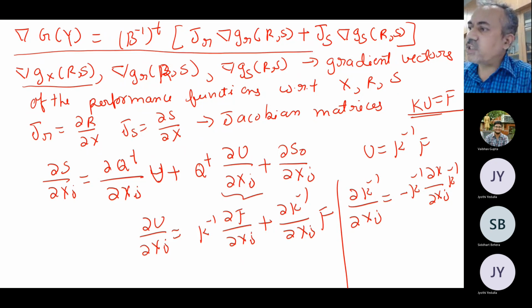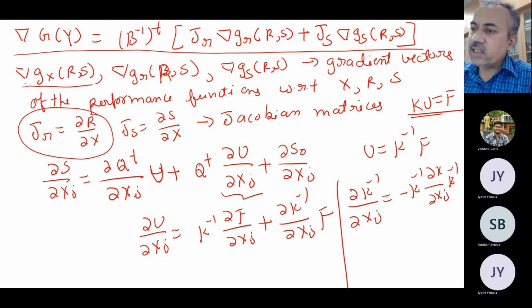So dou G, with resistance, this is very easy. This delta G R is there, right? So this you can easily calculate here. Substitute in this expression, and you can find out the derivative also. This is just a general formulation. Whether it is a frame element or a beam element or whatever you are trying to do, this generalized formulation can be used to find out the derivatives also.